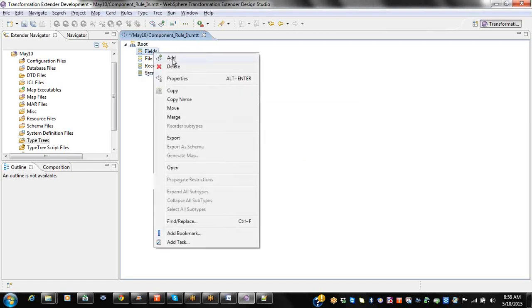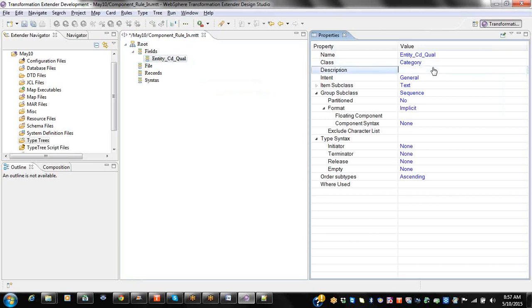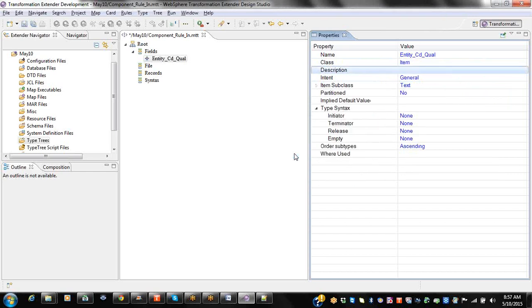Now we'll take fields. Fields will create qualifier, some qualifier. So class should be item. Then next what we'll do,